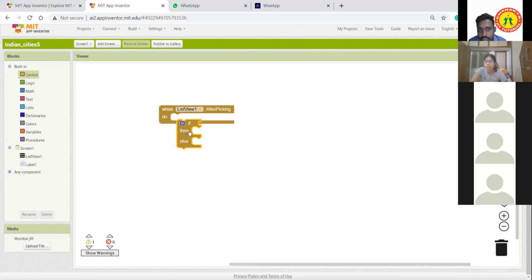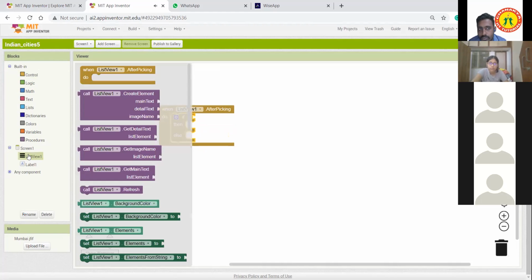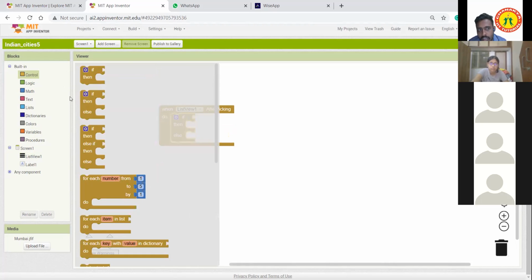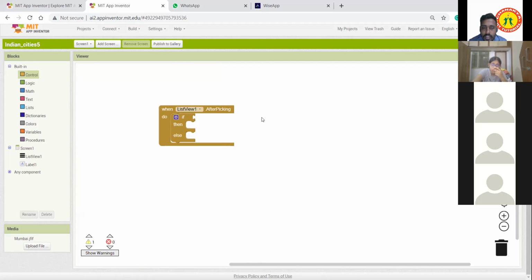Okay, so we have started the program. Go to list view and take this one first, and then go to control and take if then else. So this is a conditional statement, which we have in control. Here we are going to compare the text.